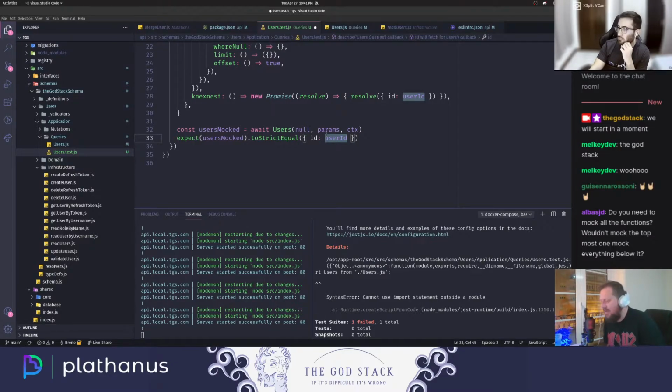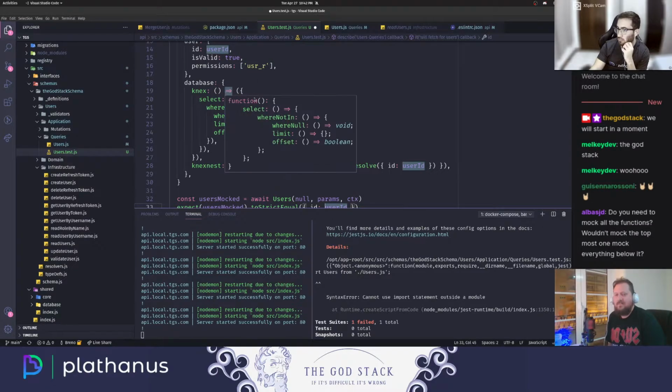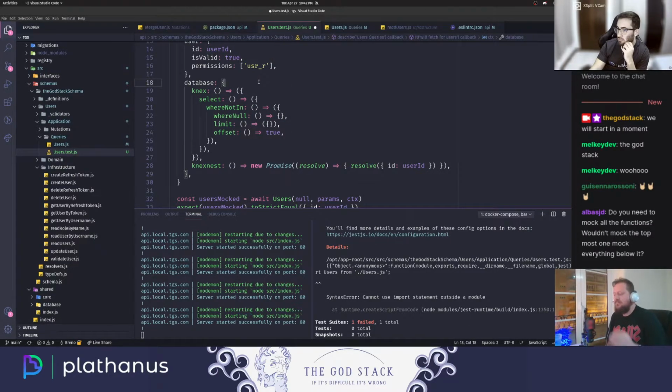We have a question. Do you need to mock all the functions? Won't it mock the topmost, mock everything below it? I believe I didn't get the question. Do you need to mock all the functions? You're saying about all the database functions. If I just mock the first one, but it's because we are working with